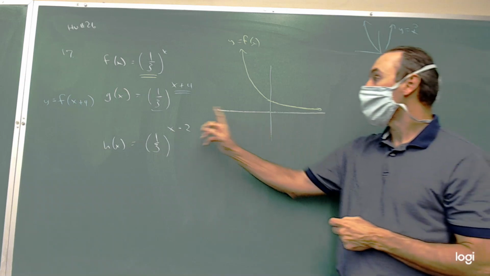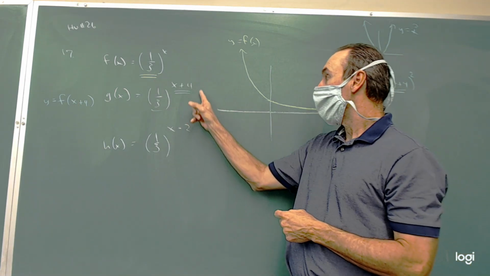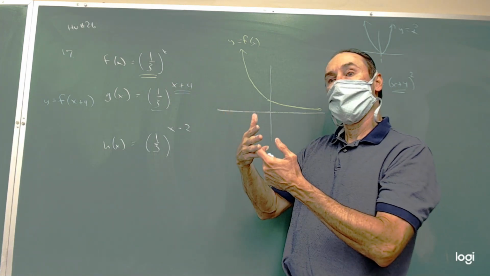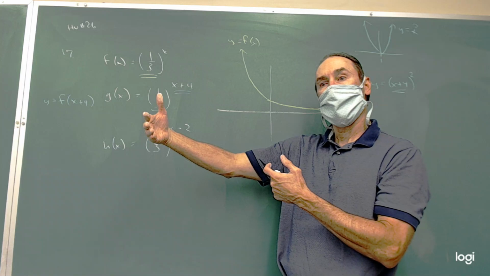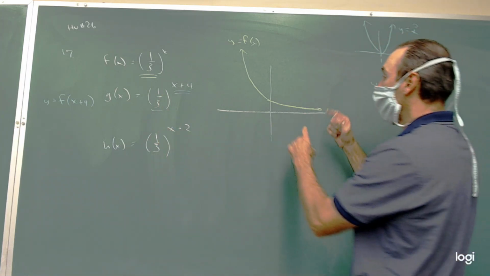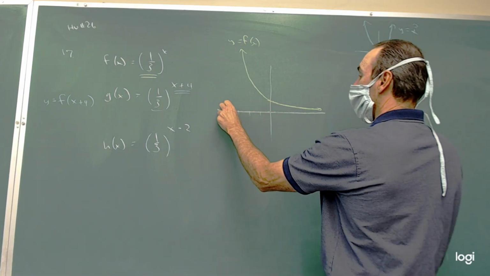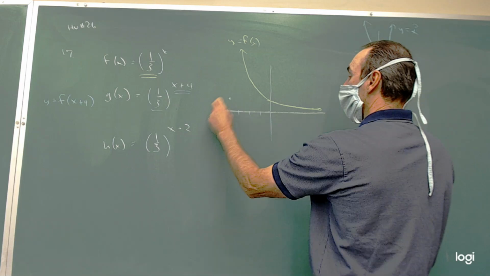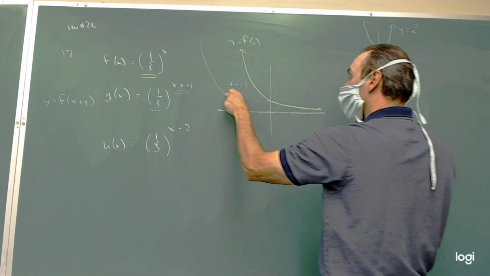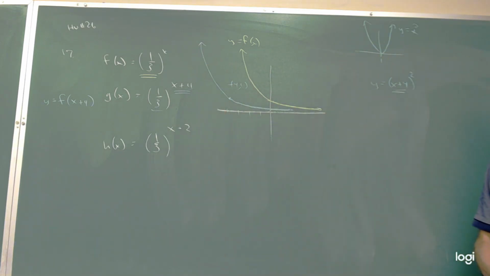So when you look at g of x compared to f of x, because that x plus 4 is up there by the x, that is going to move this 4 to the left. And so that's what they're looking for. You can just say those words. We would see that this point that was at 0, 1 is going to now be over here at -4, 1. And then it's going to still have that same exponential decay shape,